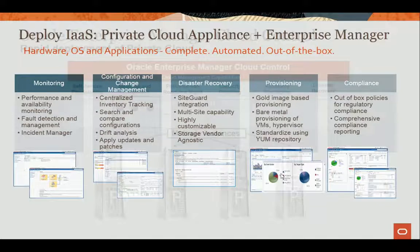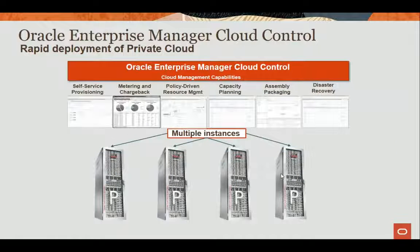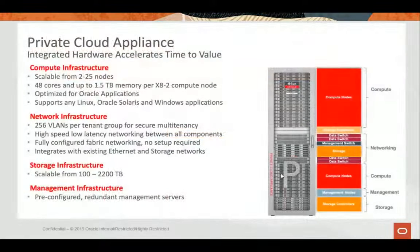So here, when we discuss the simplicity of the PCA, it is not just one PCA and there is no extending. No, you can extend the PCA as much as you can. For sure, we are talking deeply about the technicality of the PCA, which starts from 2 nodes and can be extended to 25 nodes in each rack. So the content of the PCA